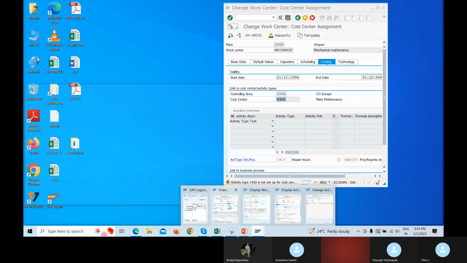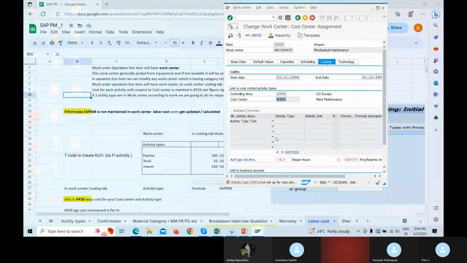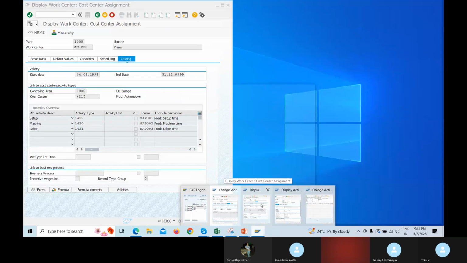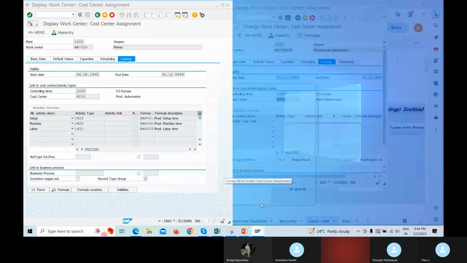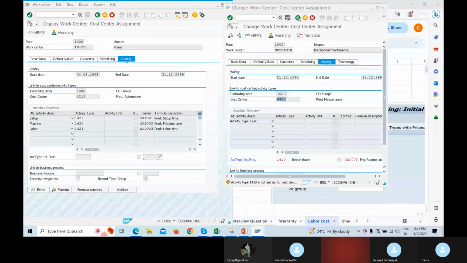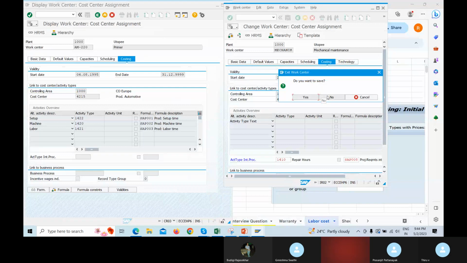You can maintain more than one activity type in the work center. That is also possible. In that case, in the work order, you need to come and modify your activity type. Where is my work order?